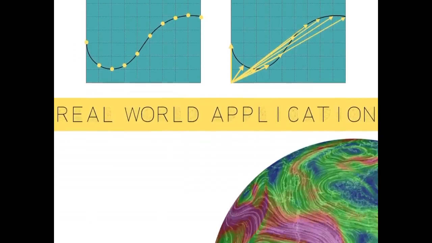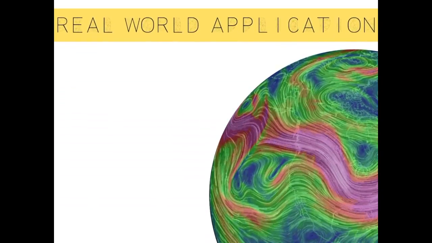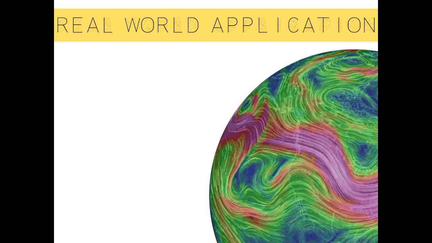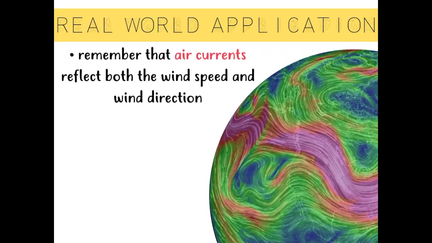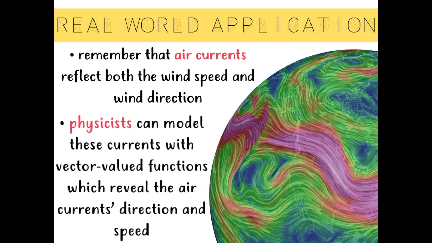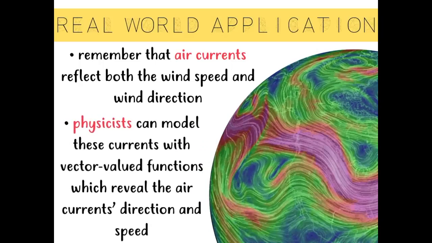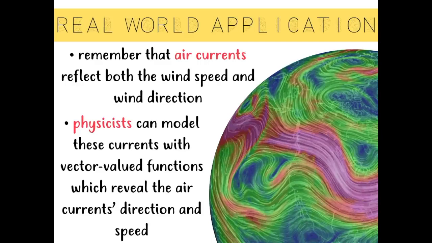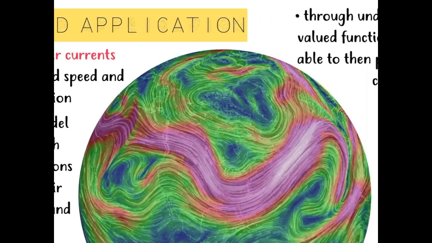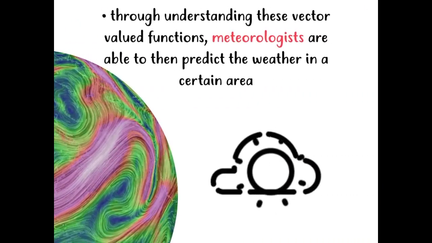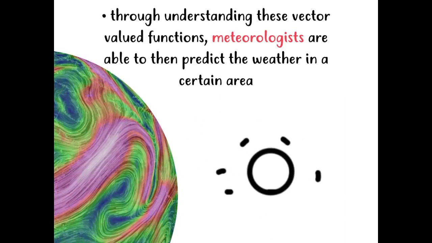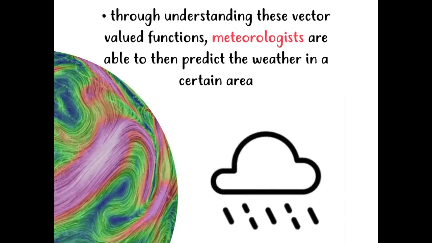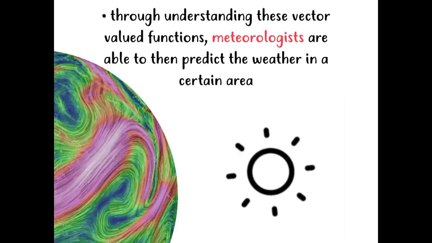A real-world application of vector-valued functions is, remember, that air currents reflect both the wind speed and wind direction. So physicists can model these currents with vector-valued functions which reveal the air current's direction and speed. Through understanding these vector-valued functions, meteorologists then can predict the weather in a certain area, whether it be cloudy, sunny,